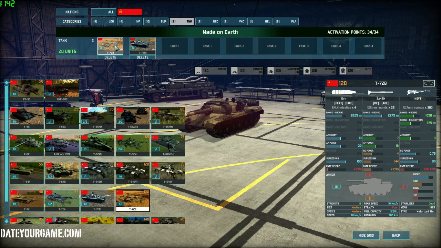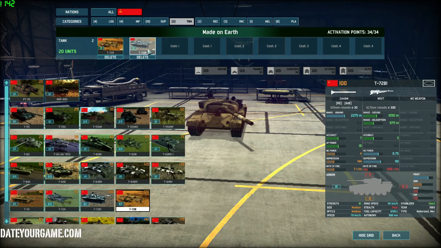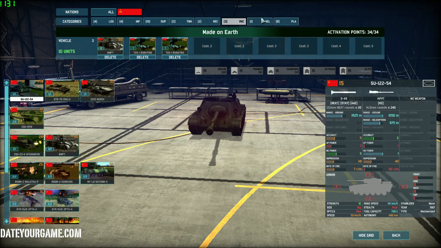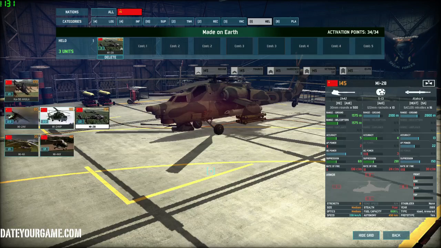Then in terms of tank, I haven't used any tank in the last round, I think. So I use T-72B, which has missile, good armor, good top armor, so resisting to airstrike. Same with T-72B1. Then recon, I use chopper, some infantry, vehicle BMPT, Buratino, helicopter Mi-28, which has a lot of